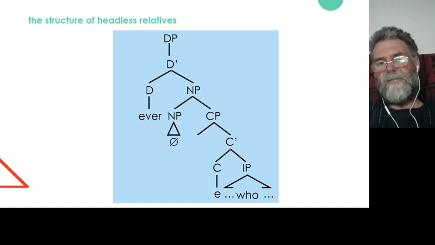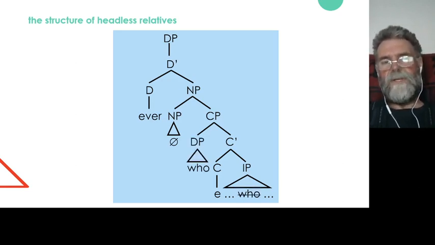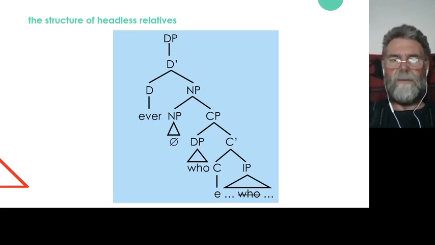So it starts off in some position inside the IP. It's going to move, just like every other WH phrase does, into the specifier of the CP. However, because of the special properties of the headless relative, presumably something to do with the fact that the noun phrase itself isn't